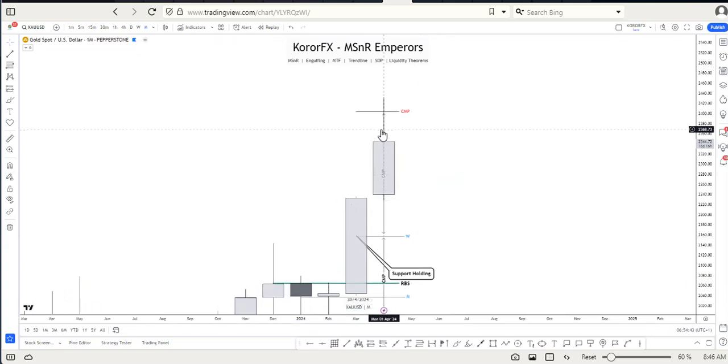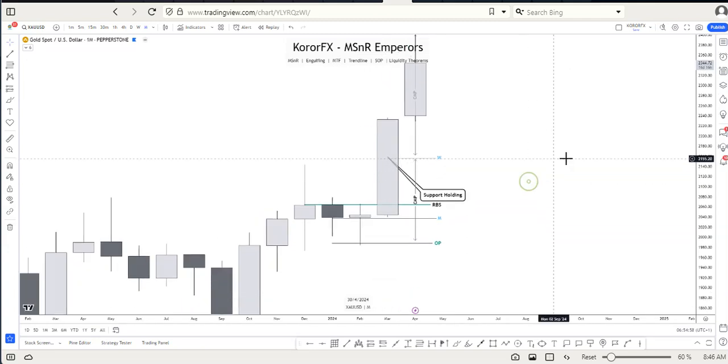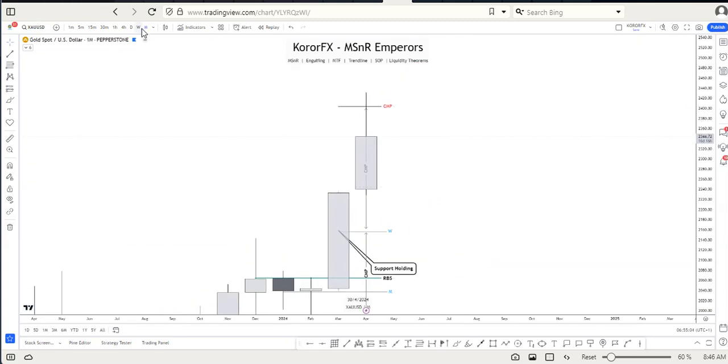So we can see that this month still has 16 days and 16 hours left to close for the monthly. We don't know if price wants to come back here or if it wants to go up. But one thing we know is that the monthly storyline is still bullish. When we come